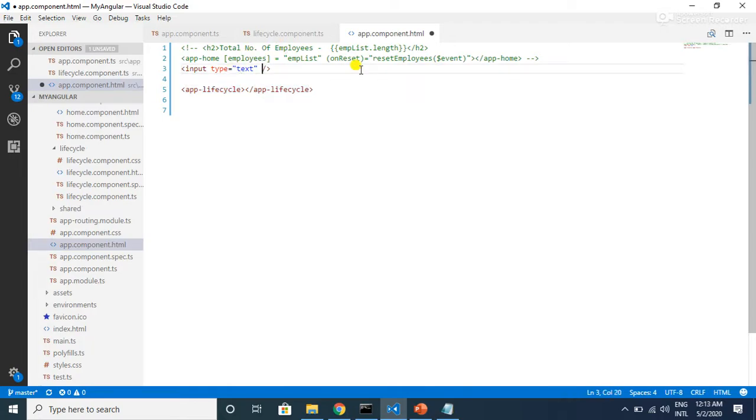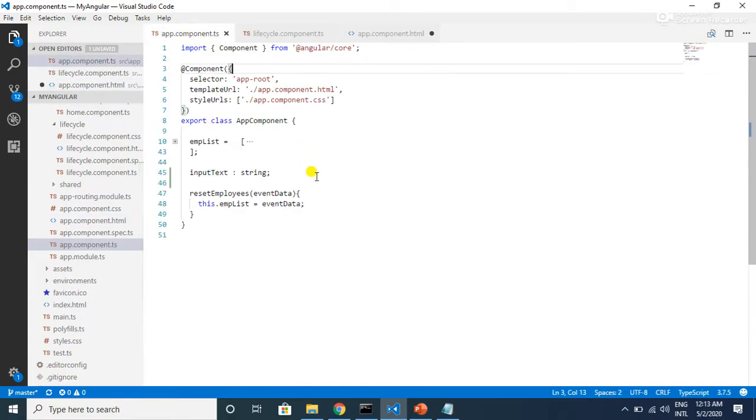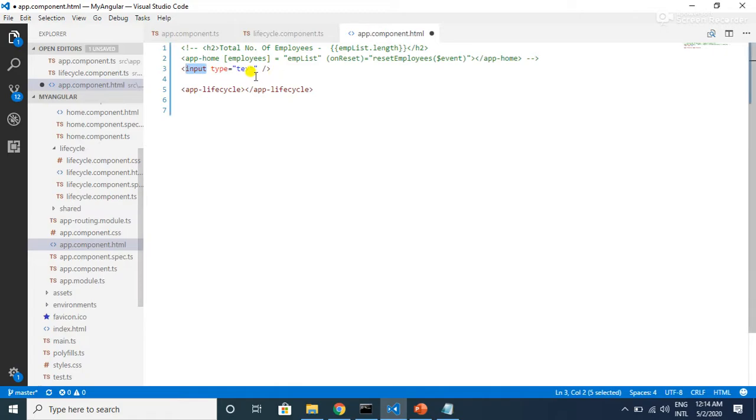To do that, first we need to have a binding variable in our app.component.ts file for this input tag. So let's go to the app.component.ts file and create one variable called inputText, which is a string, and then we have to bind this inputText to this input tag using two-way binding, that is ngModel is equal to inputText.